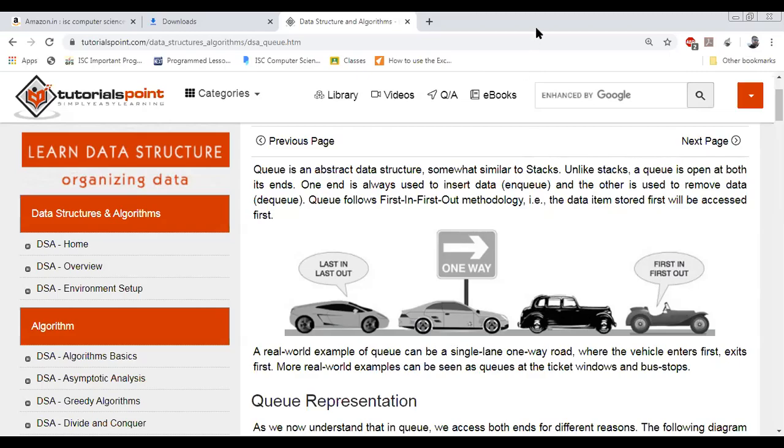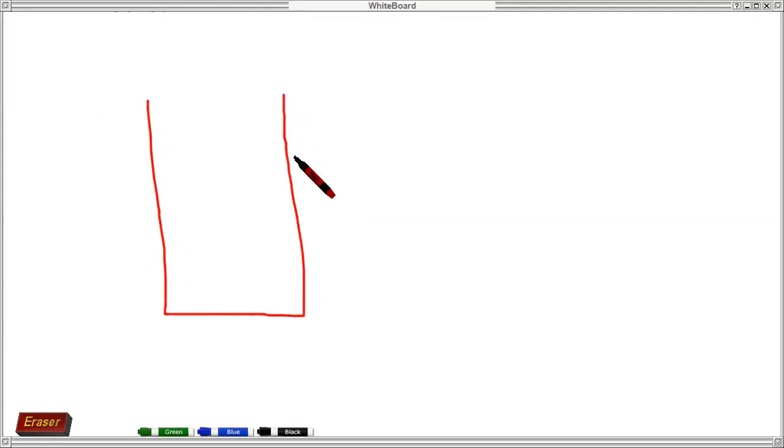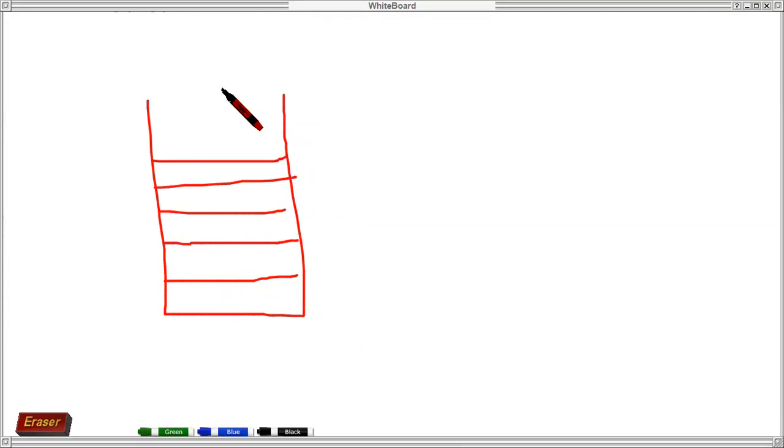Okay. If I show you a little bit diagrammatically, then I think it will be a little easier for you to understand. Now, I'm just comparing about the stack. In the stack, you have a couple of levels with certain data and the operators being stored. In the stack, you have only one way. This is the entry point and this is the exit point. So entry and exit is actually happening from one end. This is what you call the process of the stack.